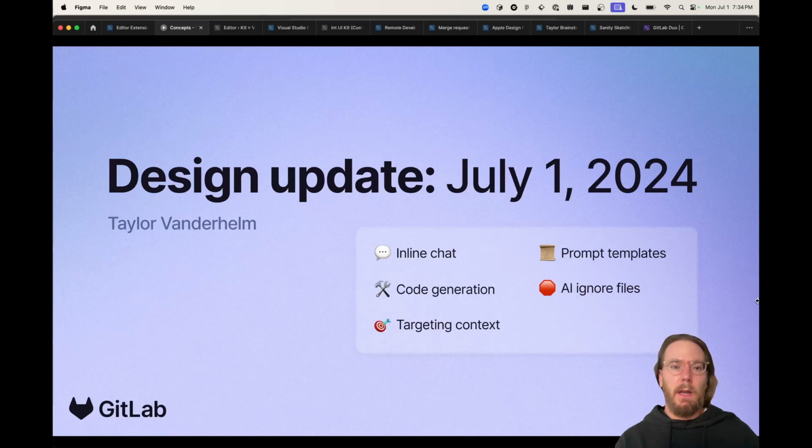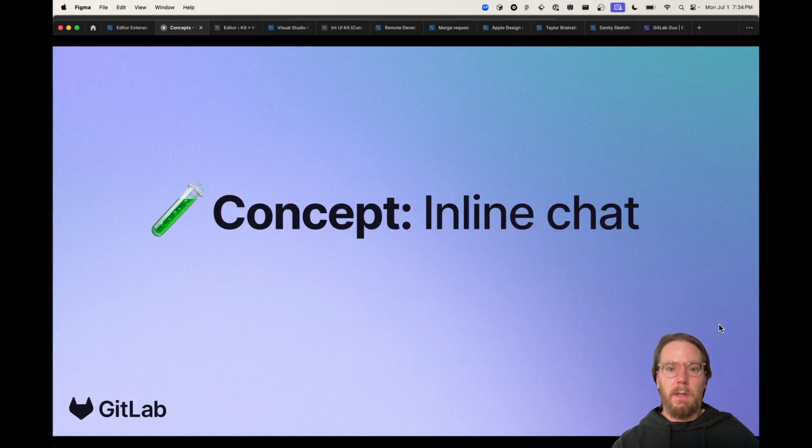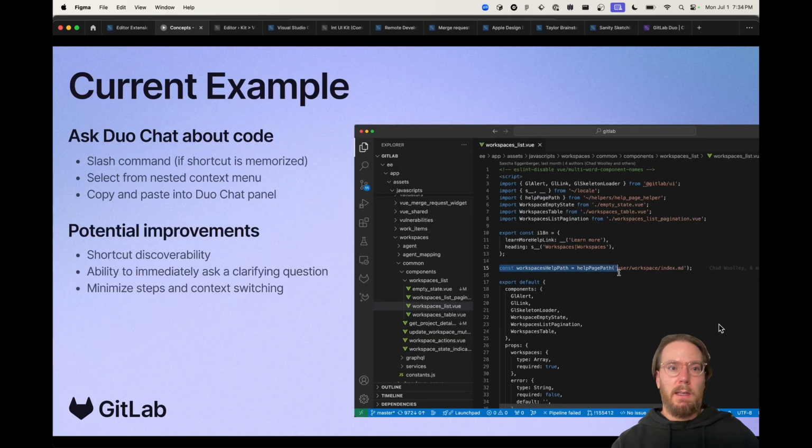Hi, my name's Taylor, and I'm a product designer with the editor extensions team right now, and here's an update on some of the concepts that I've been working through. Focusing primarily on inline chat and code generation, but also just some ideas around targeting context, prompt templates, and AI ignore files. So starting with inline chat, this concept, just to show where we are right now today, you can